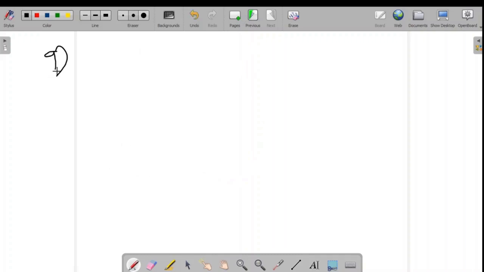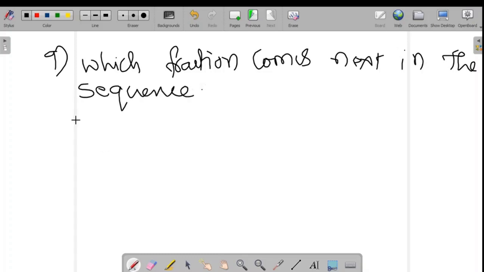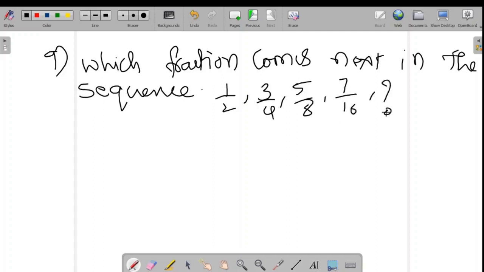Question number 9. Let me read the question here. Which fraction comes next in the sequence: 1 by 2, 3 by 4, 5 by 8, 7 by 16, and options are